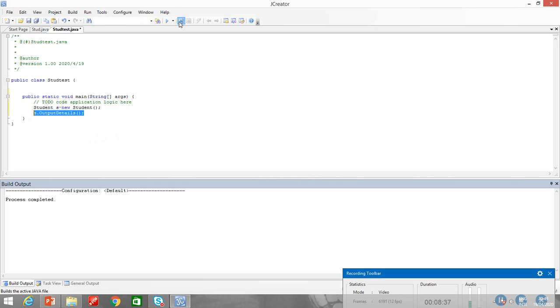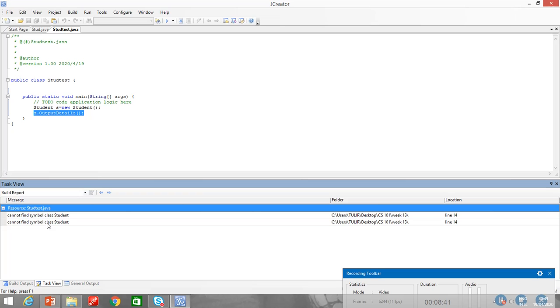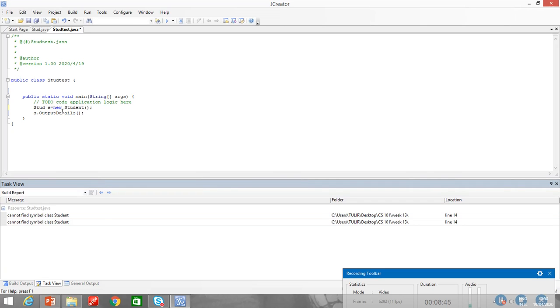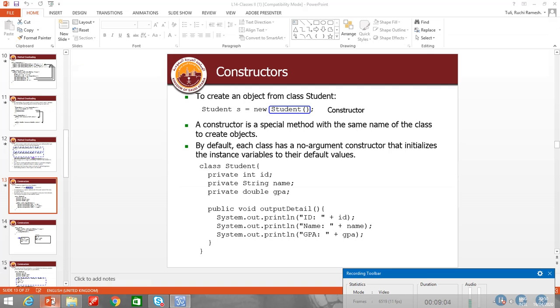So if I run it, for example, okay, it was stud actually. Alright, fine, so done. If you see over here, ID is 0, name is null, GPA is 0.0. So this is the purpose of the constructor.